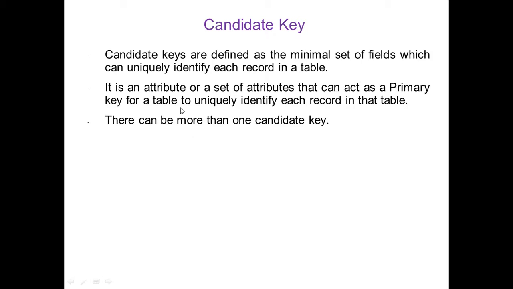Another definition is that it is an attribute or set of attributes that can act as a primary key for a table to uniquely identify each record in that table. Means it will be a set of attributes which act as a primary key, and that set can become the candidate key. And there can be more than one candidate key, meaning one table can have more than one candidate key.